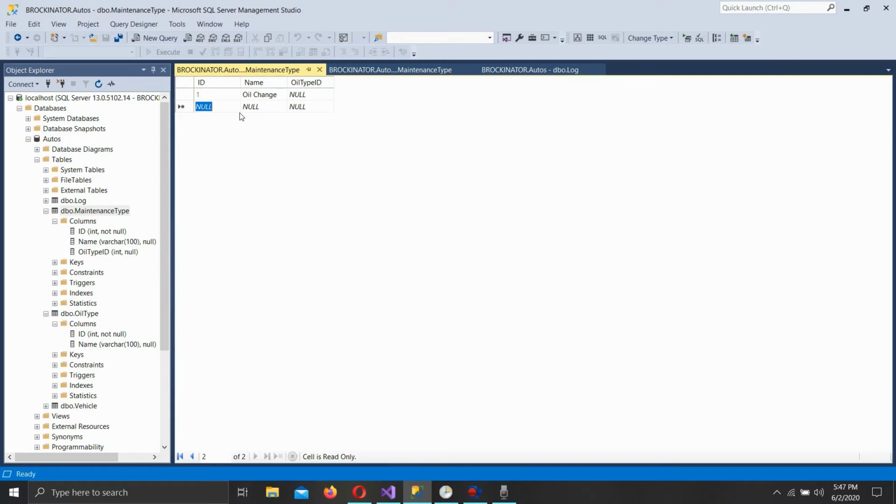Okay, one thing I'm noticing, oil type ID. Oil type is only going to show on our create page if oil change is selected in the drop down for type of maintenance. But actually, oil type ID would not be needed in this table. I think what we're going to do is move that to the log also. So